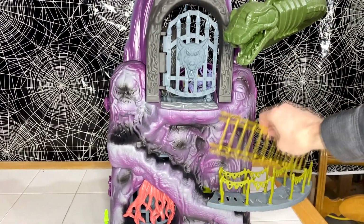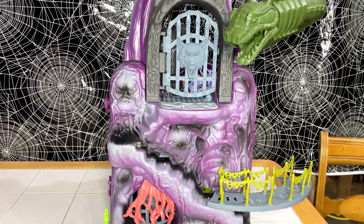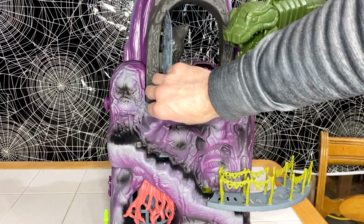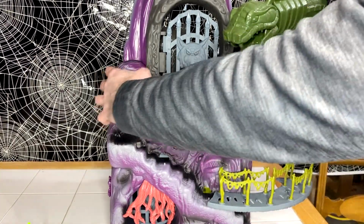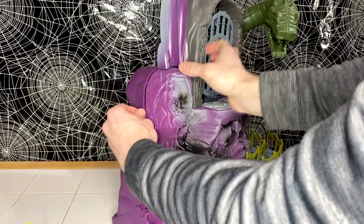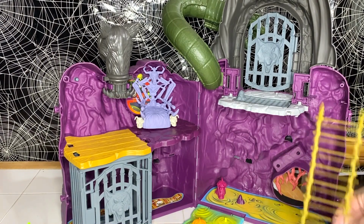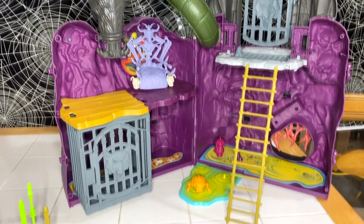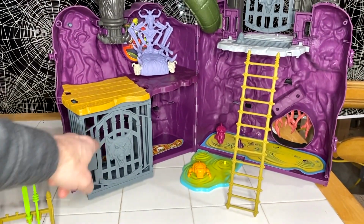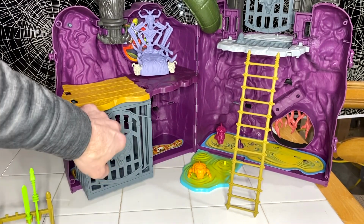We have a bridge, which I'll open up the Snake Mountain here in a moment, but it looks like tree roots or something of some sort. We have a gate that opens here. I'm gonna move that here. We're gonna open this up a little bit. Let's see, I'm trying to remember where the ladder goes. It goes somewhere around, yeah, right there. If we look here, you can see there's a little cage here, and we have a little creature in here, and a dragon of some sort there. Let's see, Skeletor's